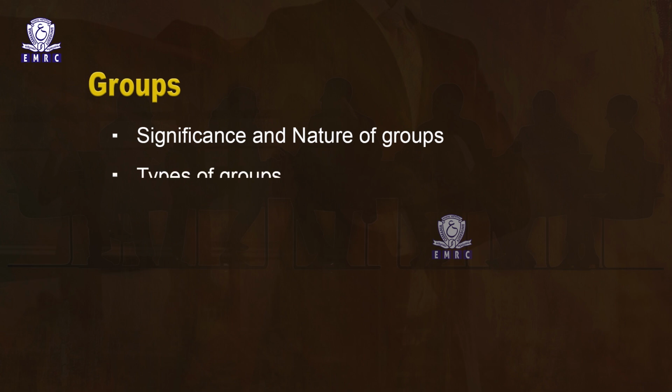Let's start with understanding the types of groups. There are a variety of group types. Based on their properties, groups can be classified into different types. A broad classification of groups can be done based on the nature of relationships, established norms and the we versus they feeling. Well, let's discuss various classifications of groups.